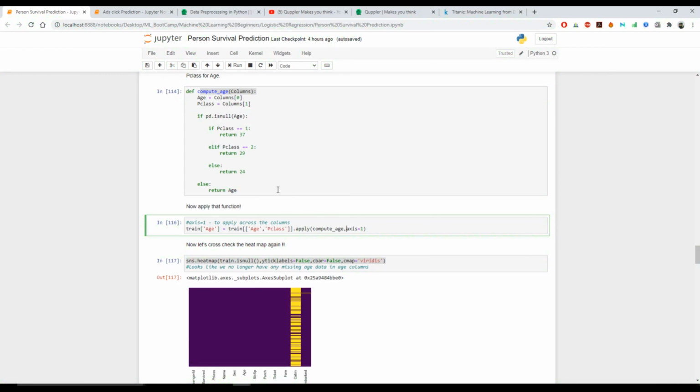Once my log model is generated, I can actually predict. I can pass my x-test data, which we had already split. Based on my X test, we're going to predict the value of the prediction. Once I got that, I'm going to print my prediction, and I got all the values of whether the user actually survived or not.